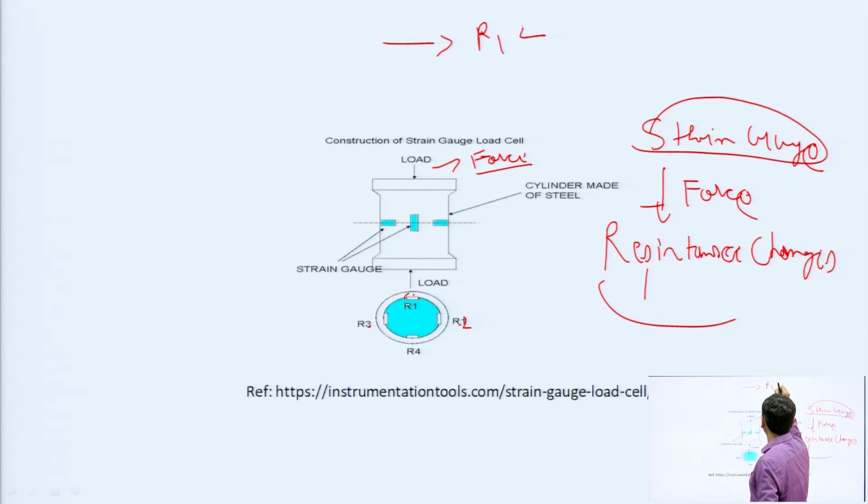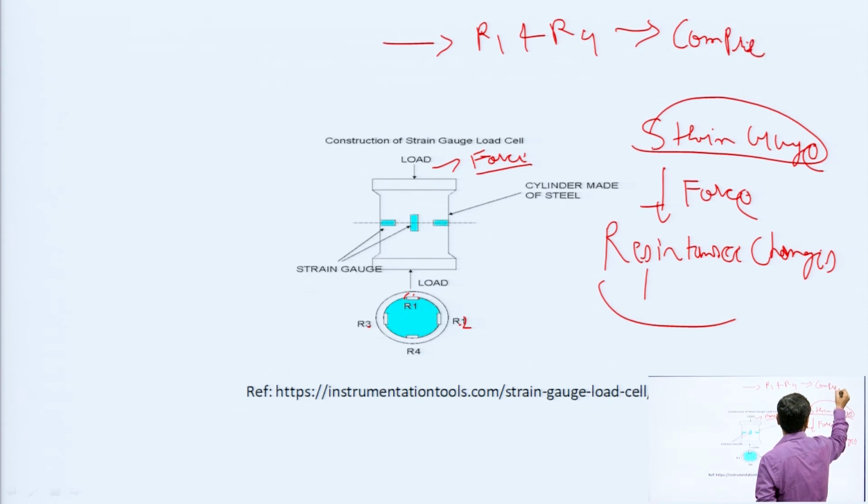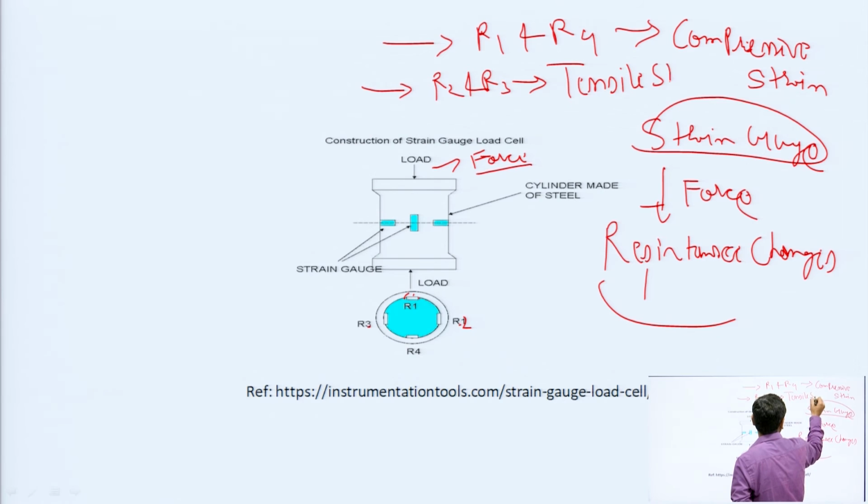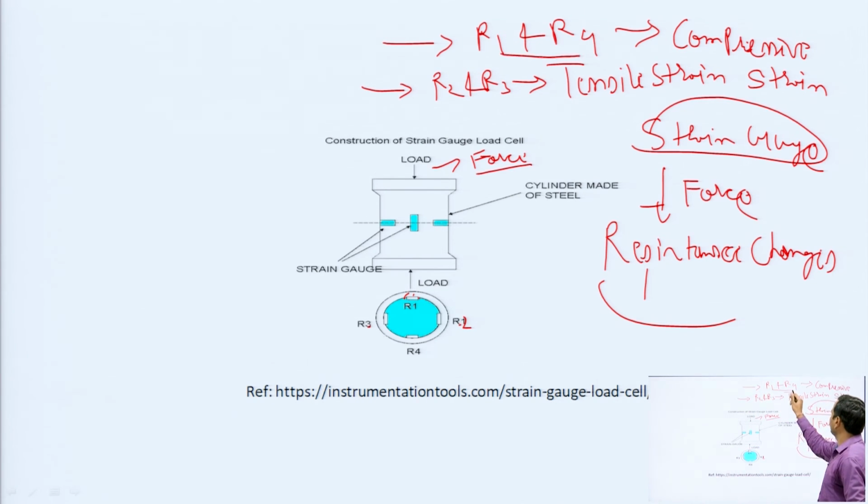Here we can see that R1 and R4 are used for compressive strain, and R2 and R3 are used for tensile strain. Okay. R1 and R4 are used for compressive strain and R2 and R3 are used for the tensile